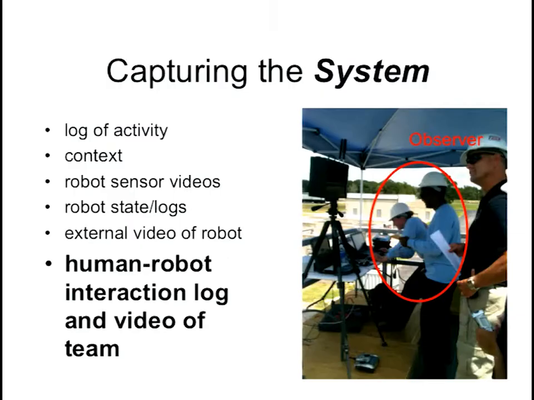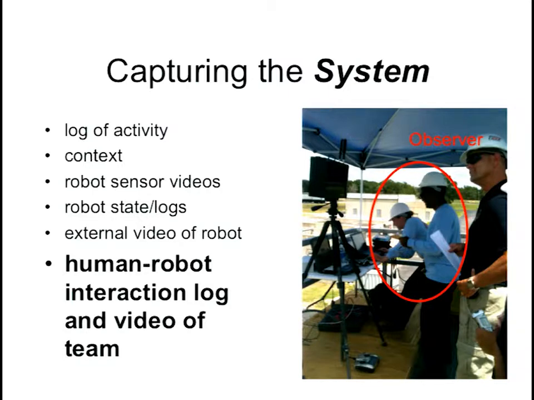Now let's talk about capturing system data. I always add two more sources of data whenever I can: the human interaction log that I'm going to show you, and I try to get a video of the team. That means adding an observer, somebody whose sole job is to fill in this interaction log. So you're adding a person, and a lot of times we just put a GoPro. I feel like our work is just an advertisement for GoPro, but put that on their helmet so whatever they're looking at, whenever something happens, you're capturing the bigger picture of who's doing what, where.